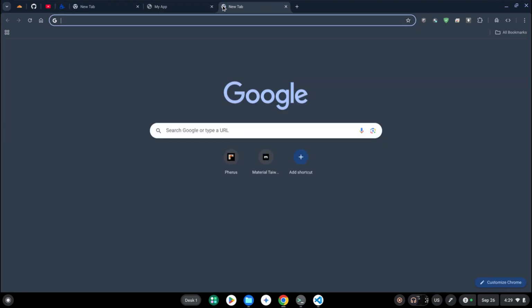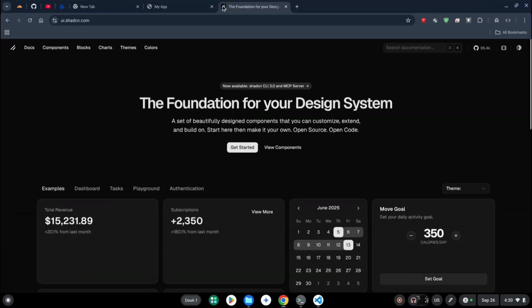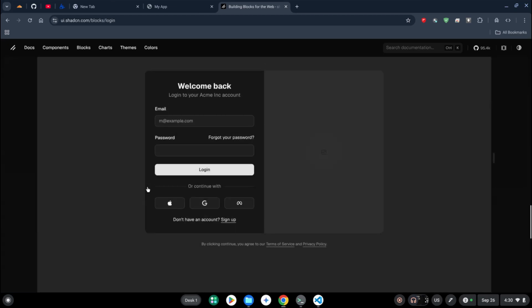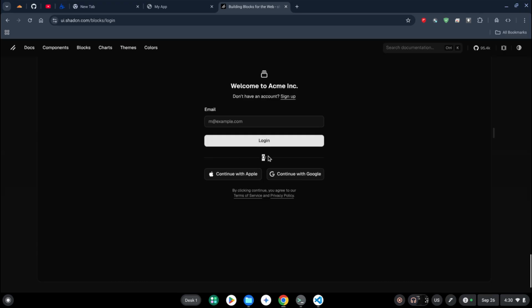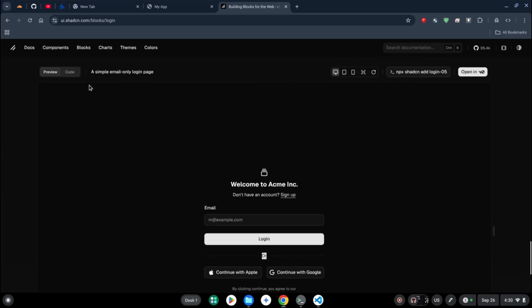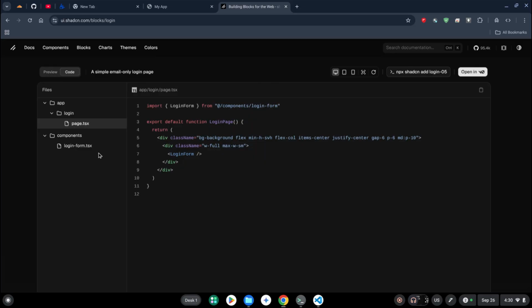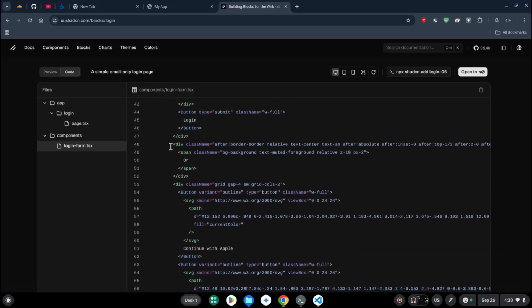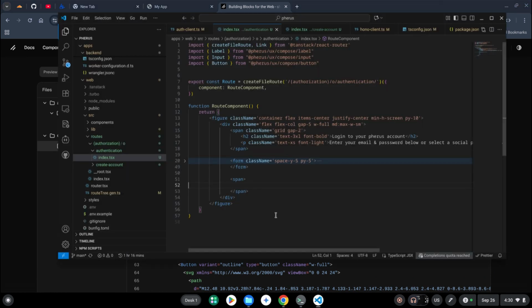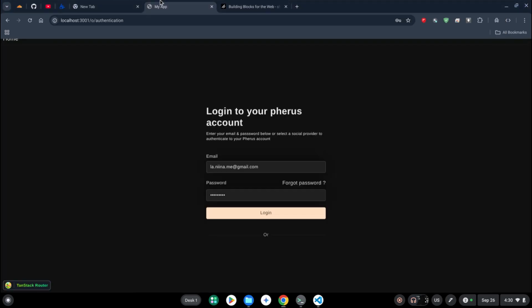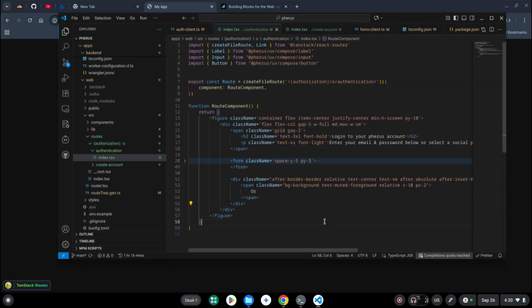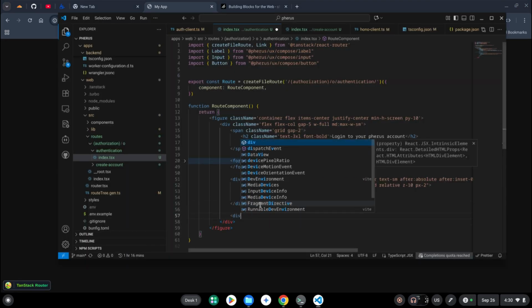Let's copy this design from shadcn, and the blocks, login, slope down, and we want this design here. Come back here, slope down, copy it as it is, and then just paste it here. And when we come back, we have all well arranged for us there, and then below here we shall have